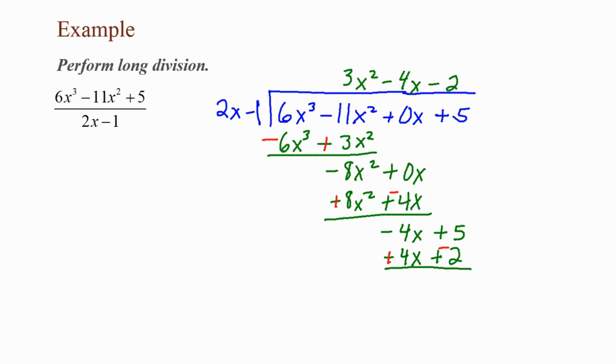Subtracting, negative 4x plus 4x is 0. 5 minus 2 is 3. My final answer is 3x squared minus 4x minus 2 plus 3 over 2x minus 1. Again, our remainder is